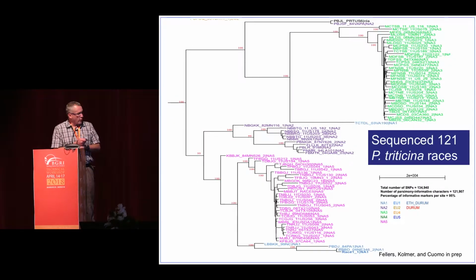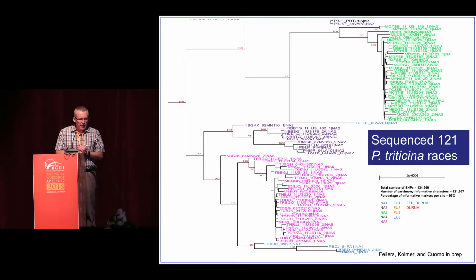So I apologize for the small letters, but when we did the genome, it was at a time when sequencing costs were plummeting. So we first started this with a 454 type sequence. It was a $1 million project. We did a 30x genome coverage. And Christina called me up one day and she said, hey, we still have some money left. What do you have in mind? And I was like, well, let's do some races. So I contacted Jim Kolmer and we started putting races together. And before the project ended, we had sequenced 121 different races that Jim had collected from around the world from